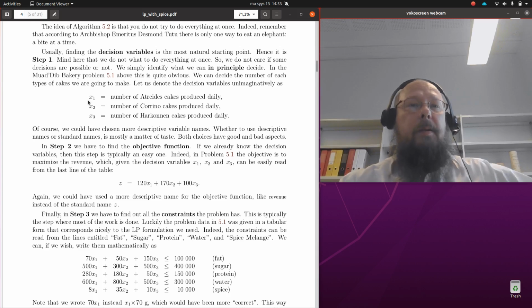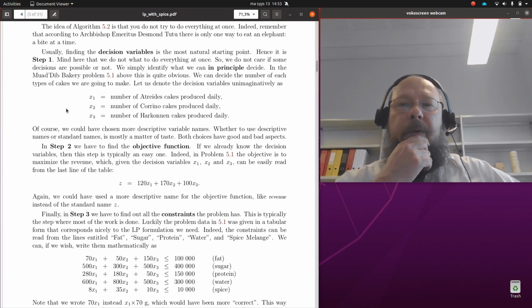So with this notation, x1 will be the number of Atreides cakes produced daily, x2 will be the number of Corrino cakes produced daily, and finally x3 is the number of Harkonnen cakes produced daily. Alright, so now we know the decision variables, so the first bite of the elephant is eaten. Let's move forward to the next bite, step 2,